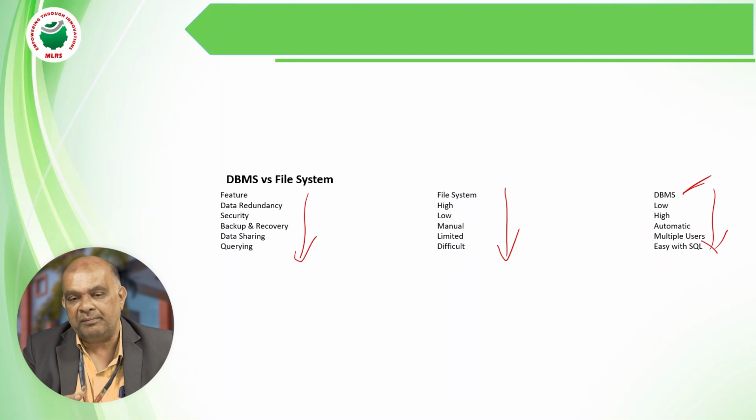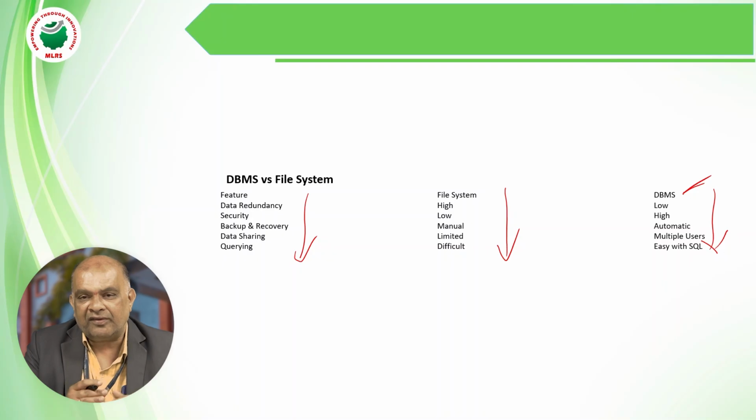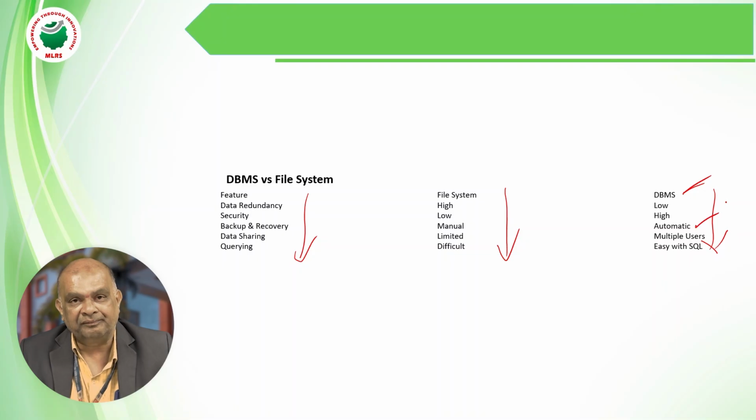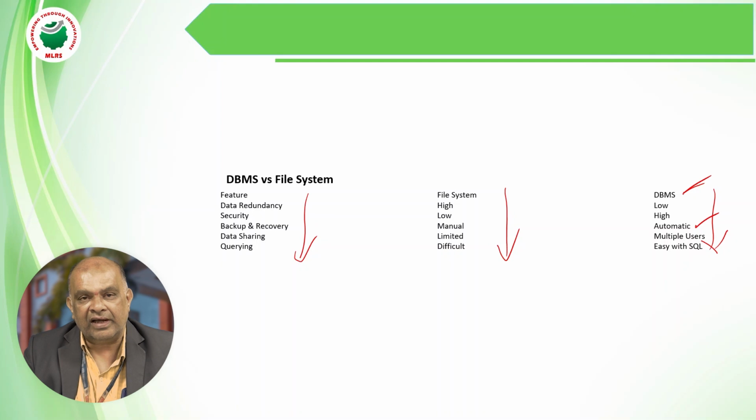Here I want to tell about one important concept of DBMS, which is called table spaces. In each table space, we can store a maximum amount of data. The table spaces in a database management system are dynamically created, so we can store more data, and we can back up and restore more data also. So definitely it is automatic. I created 4 GB of table space, and 4 GB is completely filled. Then I can take a backup, and immediately I can restore that particular 4 GB of data